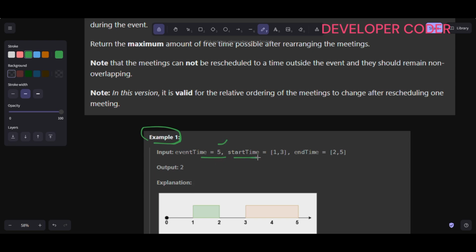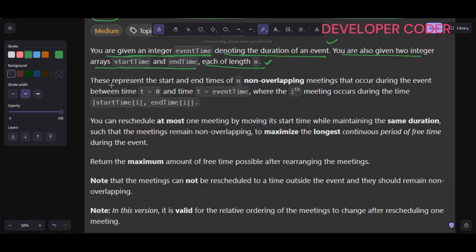And now if you see, we have start time and end time, both of length 2, right? So that simply means there are two meetings. One meeting is from 1 to 2, let's say A, and the next meeting is from 3 to 5, let's say B, right? So these represent the start and end times of n non-overlapping meetings that occur